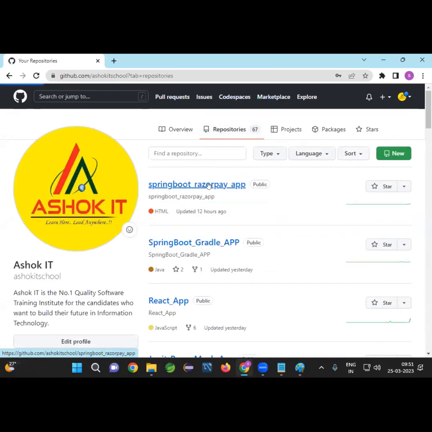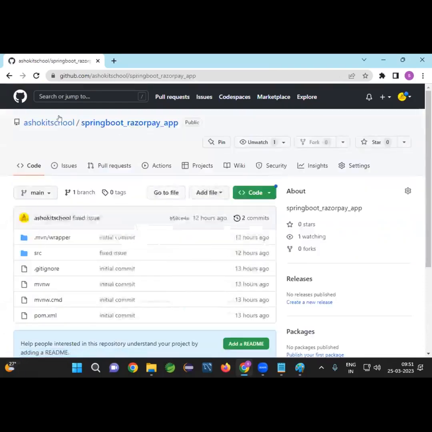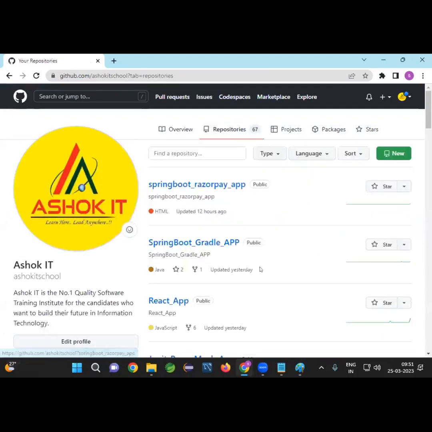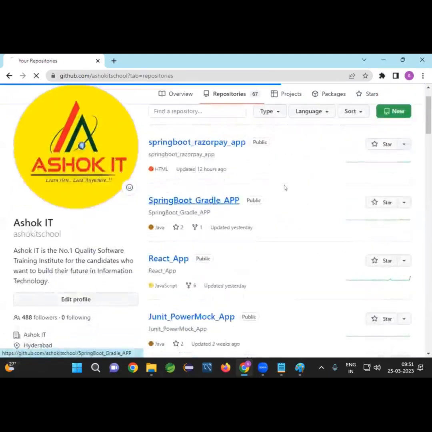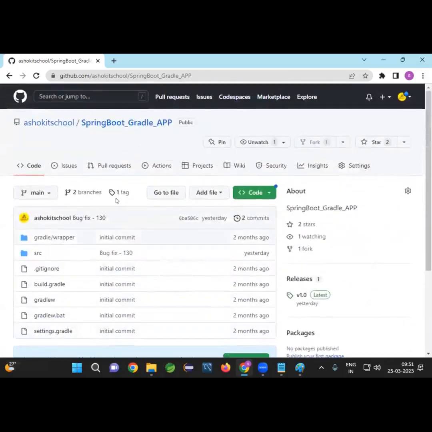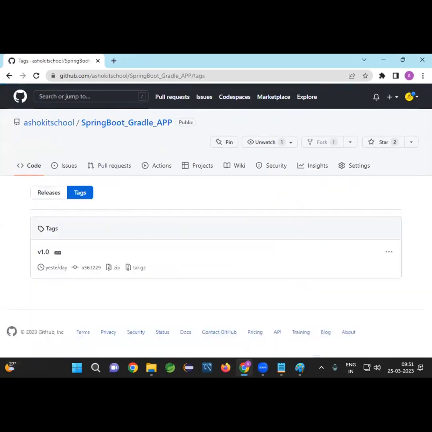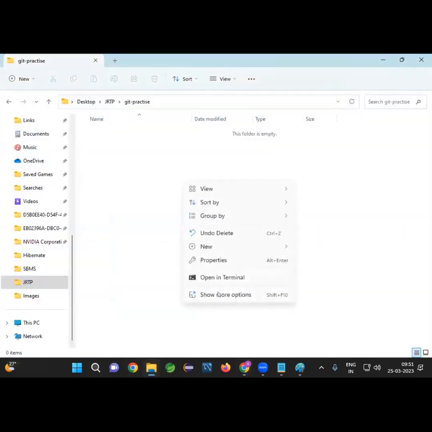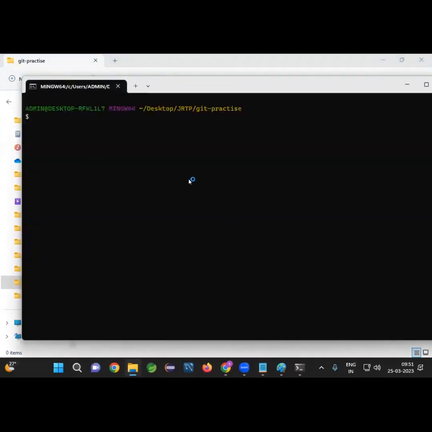So here there is a project, Spring. No, don't touch this project. That project has payment gateway integration. So let's go for the Spring Boot Gradle application. Currently there is one tag available. What is the name of that? v1.0 is available. Now go to this project, clone this project, go to Git Bash here, git clone